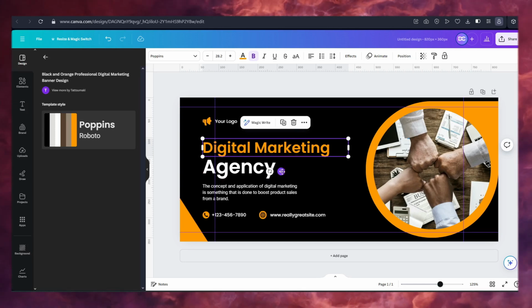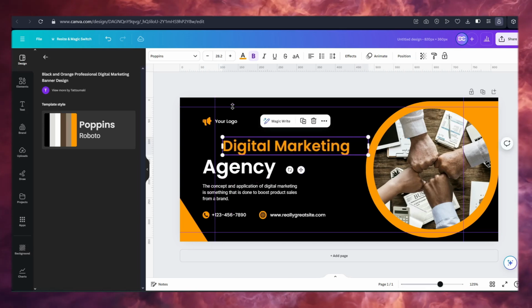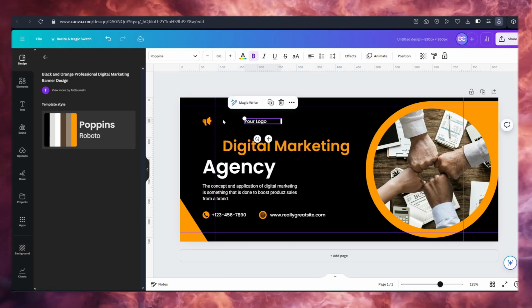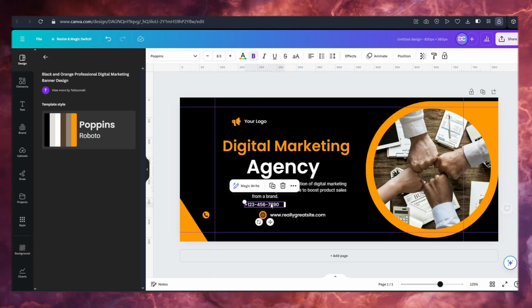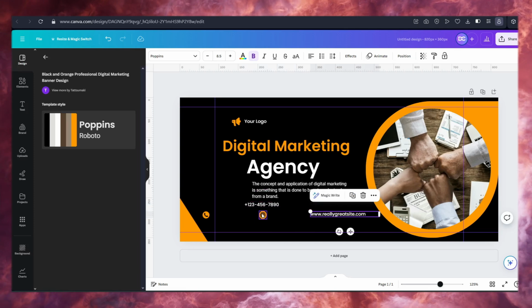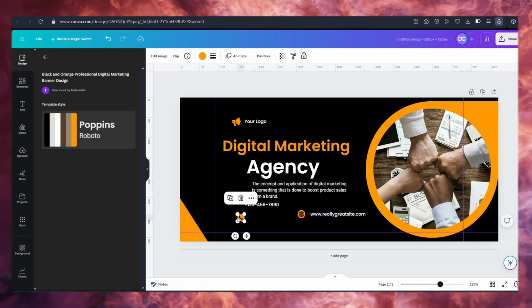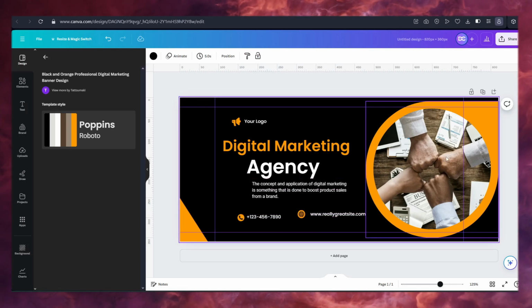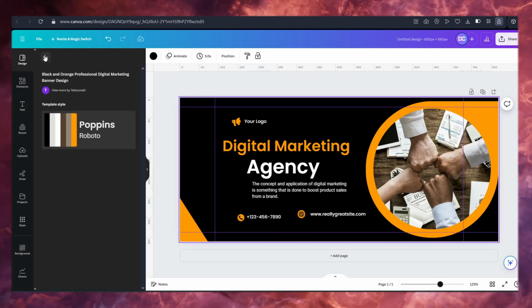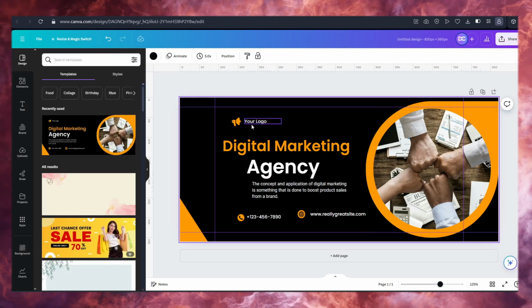What I will do is simply move it inside the safe zone. I'll move everything here, and it's also not necessary that I just move it around and save it as it is. It's entirely up to me what changes I will make with it. So let's just see what all we can do with our cover photo.